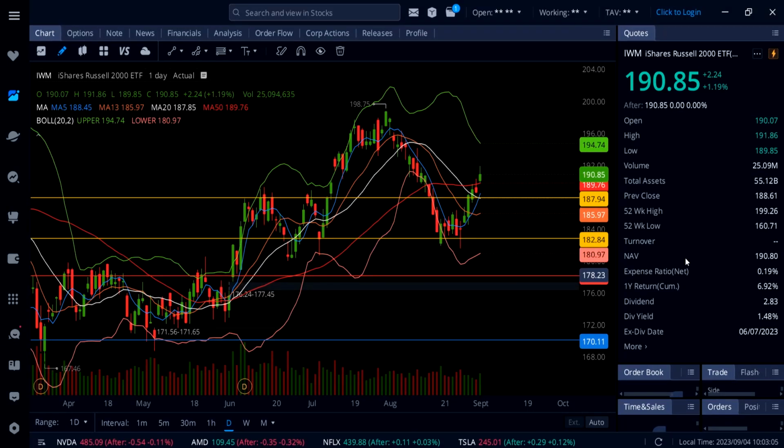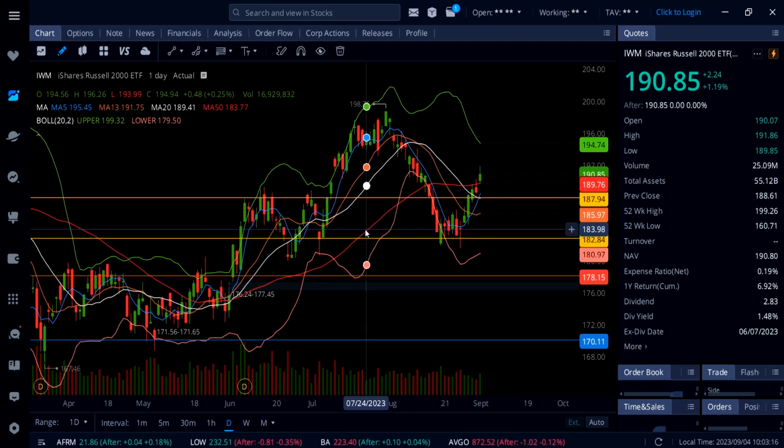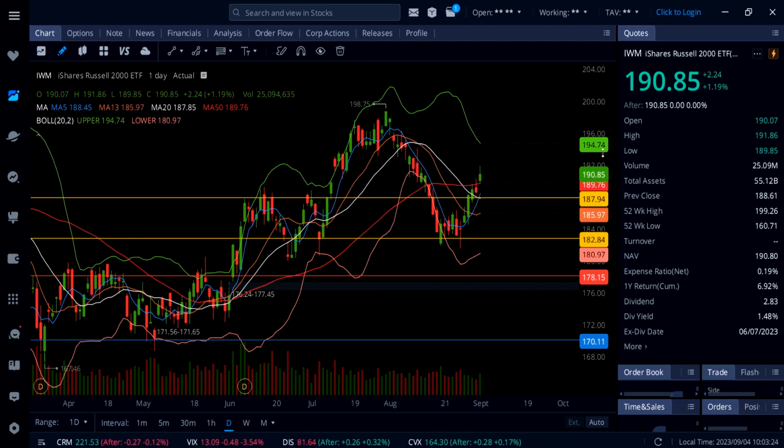On IWM, it's up 1.19%, and this is a massive breakout on IWM. And this one is not only trading above this big support 188, it's now holding the red line 50 SMA that is sitting close to 190. So if IWM can hold 190 tomorrow, you're going to see a move slowly but surely all the way up to 195 to even 200 in the near